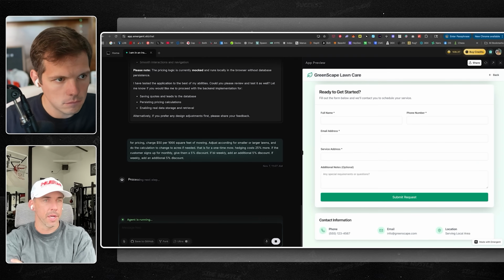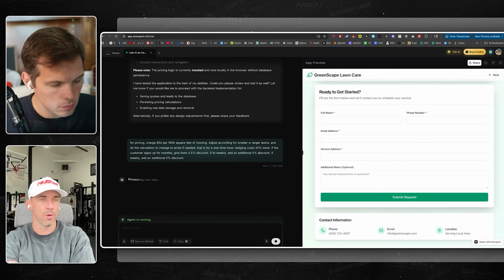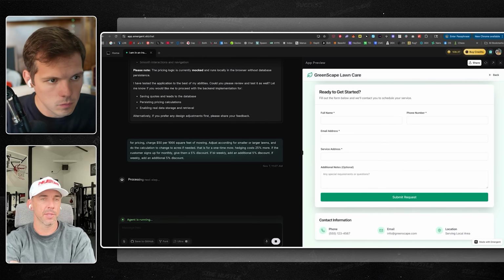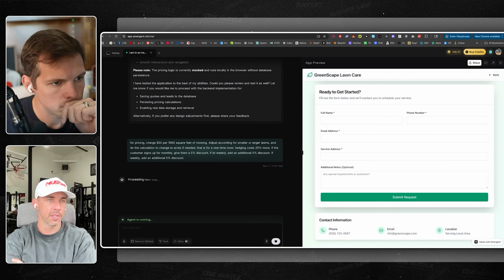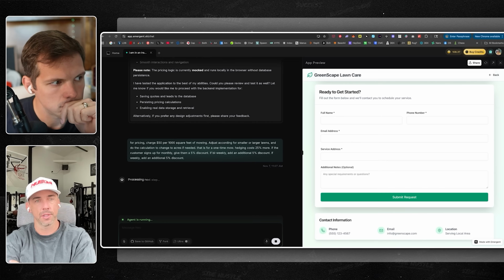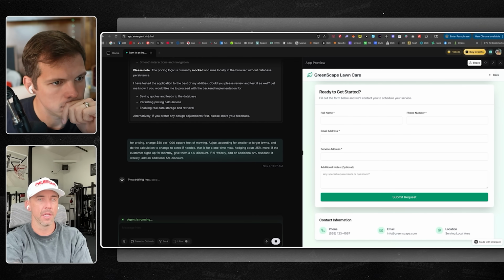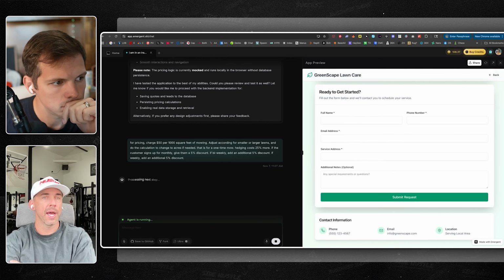Since I didn't do this earlier, I just put in the pricing. So I just chose $50 per 1,000 square feet of mowing. And then I told it to adjust for smaller or larger lawns, and to change to acres and do the calculations for that if needed. And I said that that's for a one-time mow.